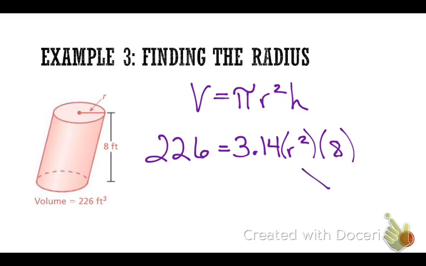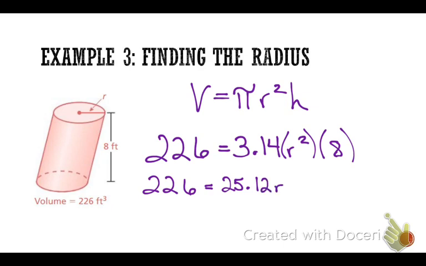I have the variable in the middle of this expression. But commutative property, guys, it's a beautiful thing. I can rearrange them because it's all multiplication. So I can do 3.14 times 8. What is 3.14 times 8? 25.12